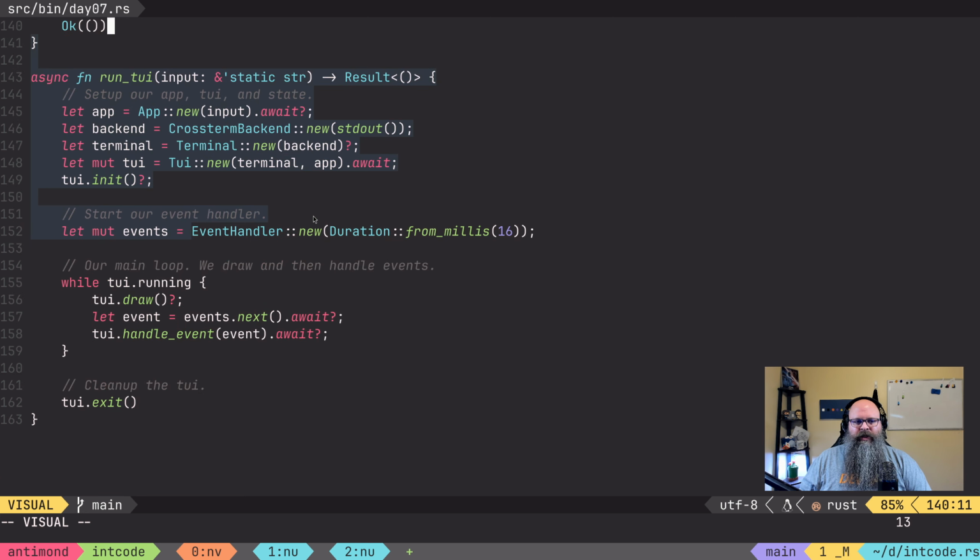Tokio and asynchronous programming. But I should say the reason why it works is our crossterm backend. So crossterm is what's doing the terminal work underneath the hood. It allows you to make asynchronous calls. But let's just look at how the TUI works. I won't go over the app and the actual TUI thing to draw it. You can look at that code. Essentially, the app is just tracking state, and the TUI is